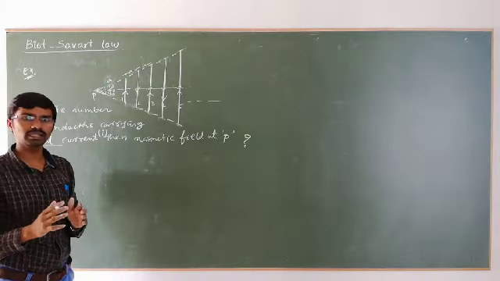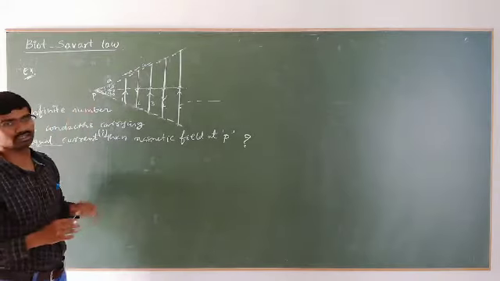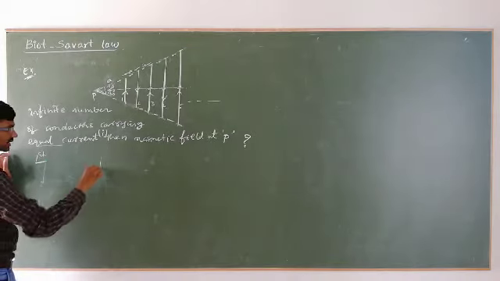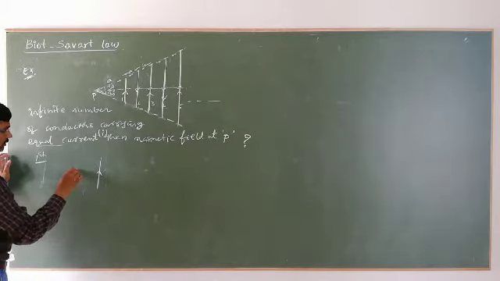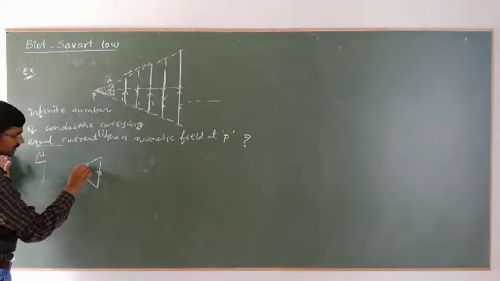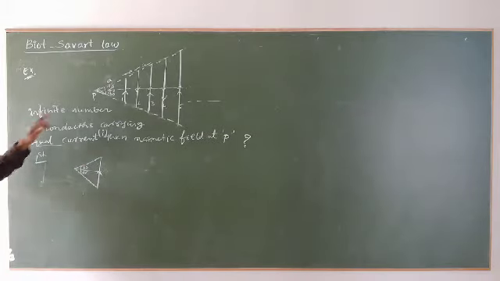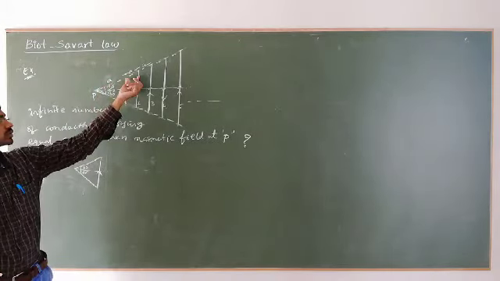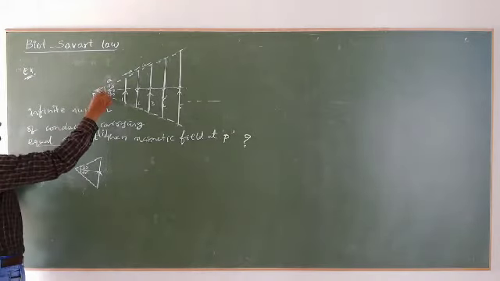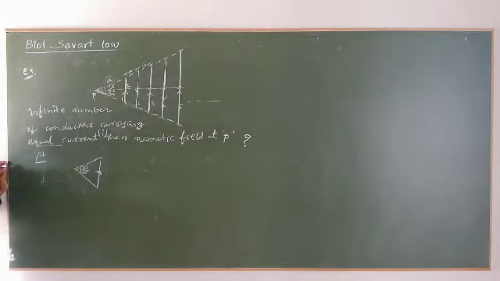Then what would be the magnetic field at this point due to each one? For the first wire, if you have seen, this is the current direction. This is the angle, it is 30 degrees and this is also 30 degrees. Now here it is A and this is also A. That means here you can see it is 60, it is 60.